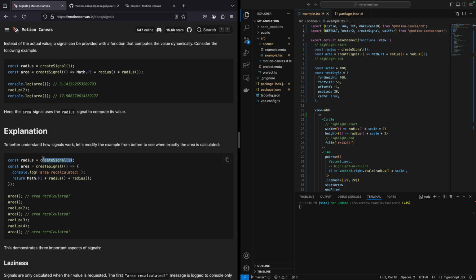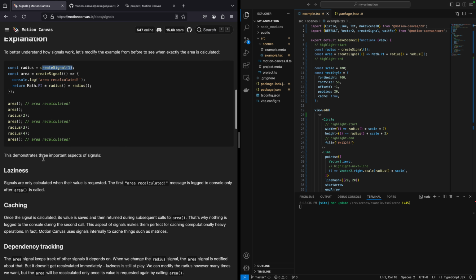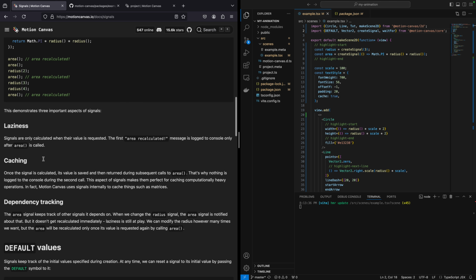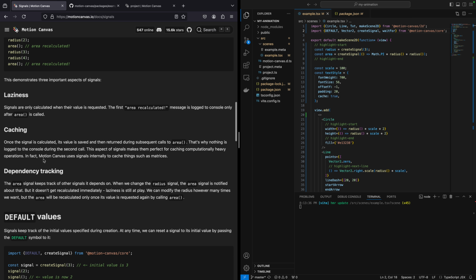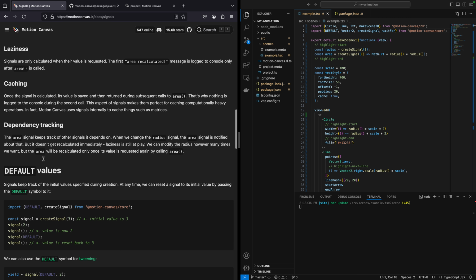It is fascinating. They're lazy, they cache, and they track dependencies automatically. When I learned about signals, I thought, why can't React come with this by default? It is incredible. We also went over default values